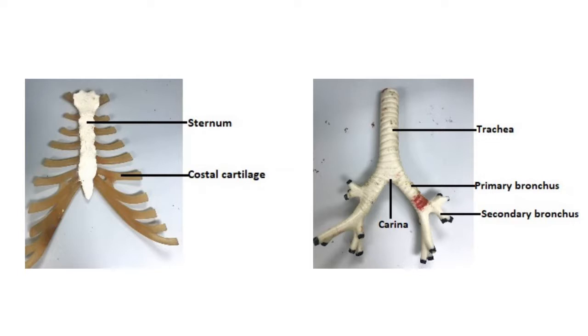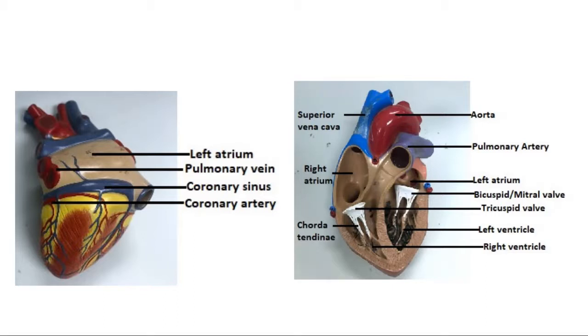So you have to remember the picture and whatever the written part in the labeling, you have to remember. Okay. Next, you should know all the labels of the heart. So what is this? What is chorda tendineae? What is right atrium? Questions will come like that. If it is the right atrium, identify this point, and then we will ask what are the valves present in this structure or this area. You should write tricuspid.